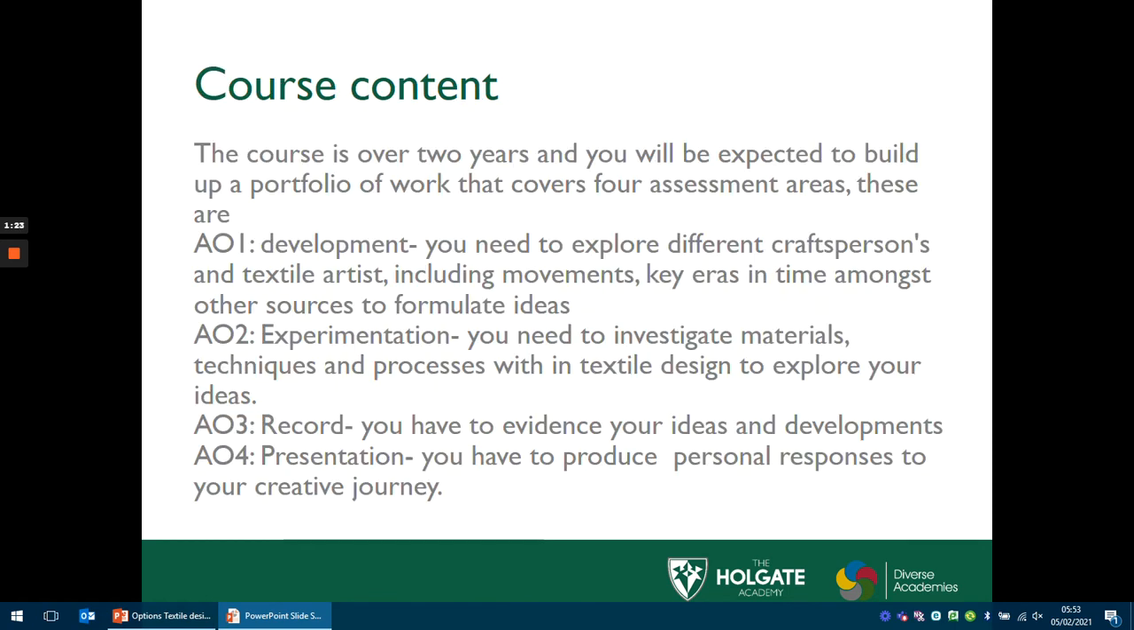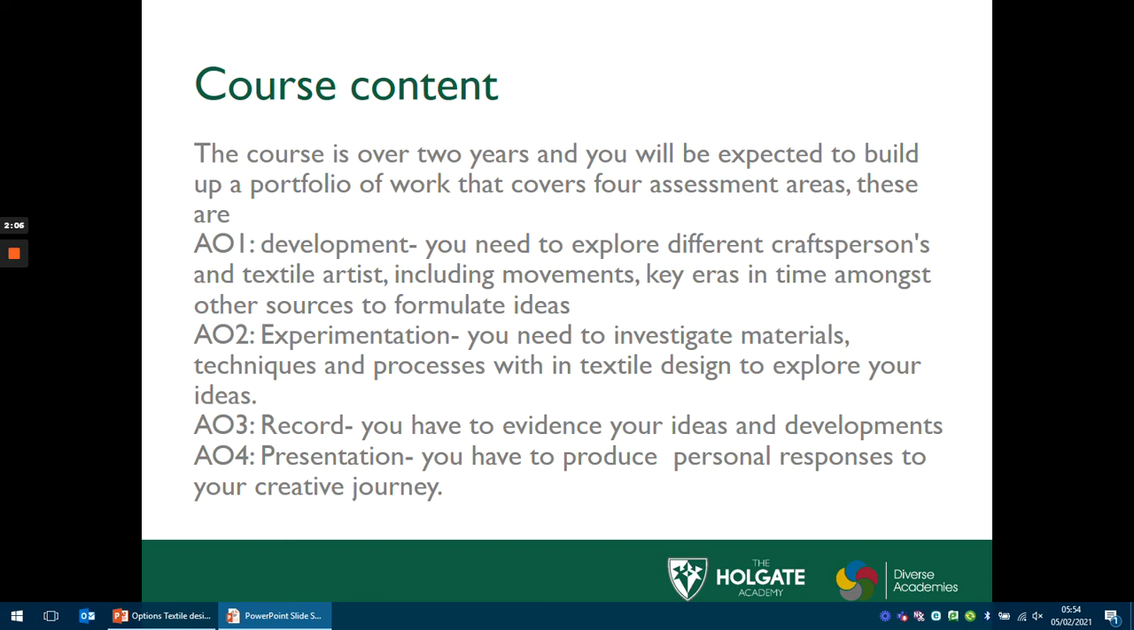So the actual course content, it's a 2-year course with it being a GCSE, and students will be expected to build up a portfolio of work that covers 4 assessment areas, and these are AO1, which is development. So this is an area where you explore different craftspeople and textiles artists. You'll look at movement and key areas in time amongst the textiles history, and you'll look at other sources to formulate ideas. So it is very much about trying to find what will inspire the students to produce their best work,